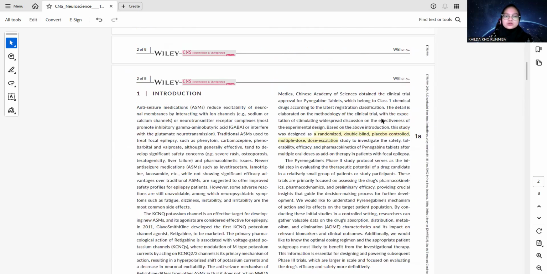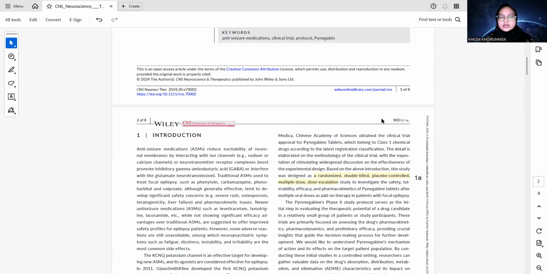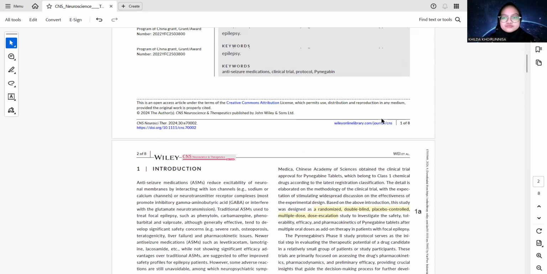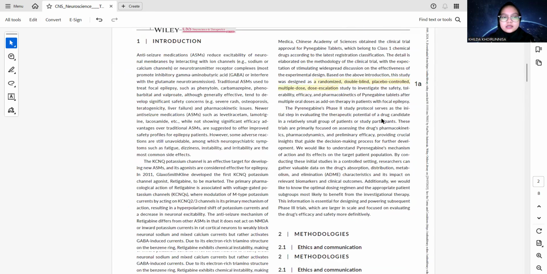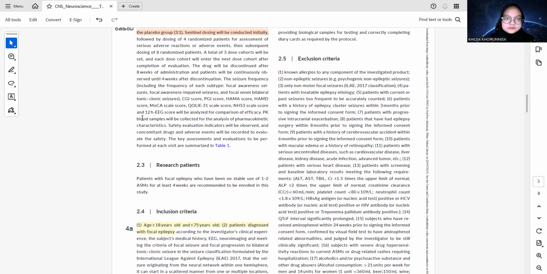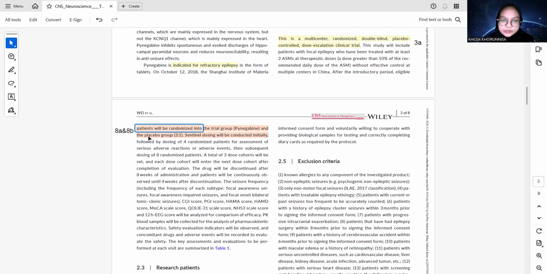Next, items 8 to 10 deal with randomization. Items 8A and 8B cover sequence generation and type of randomization.